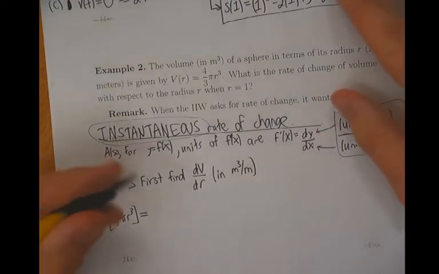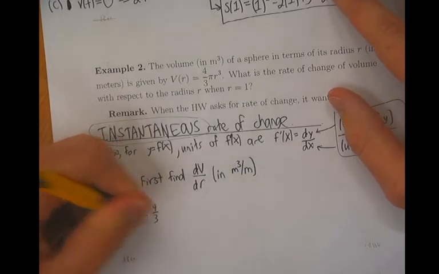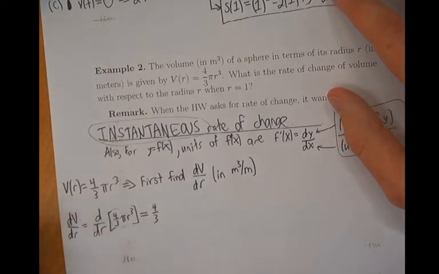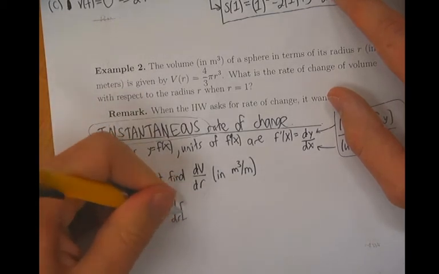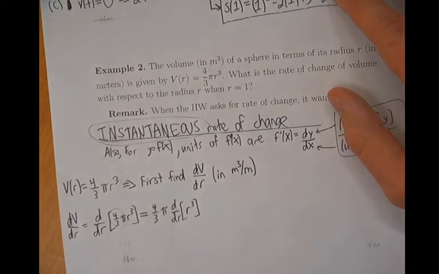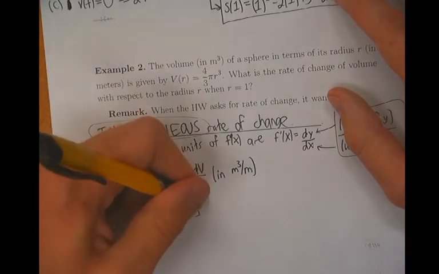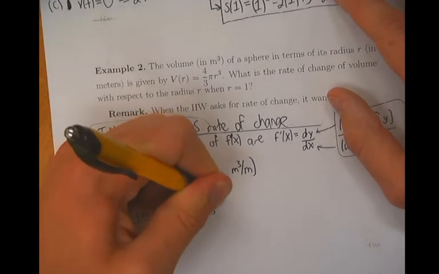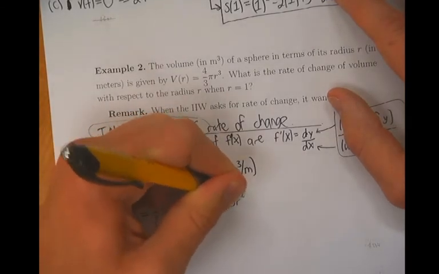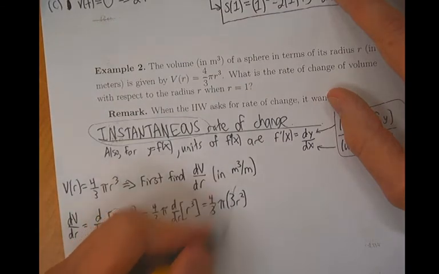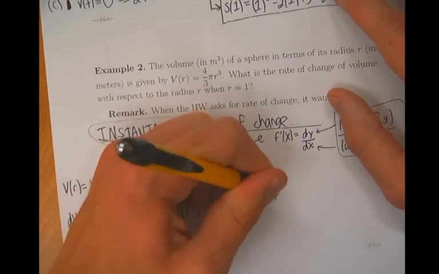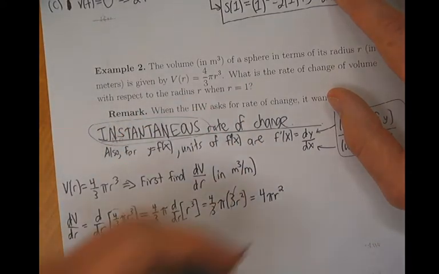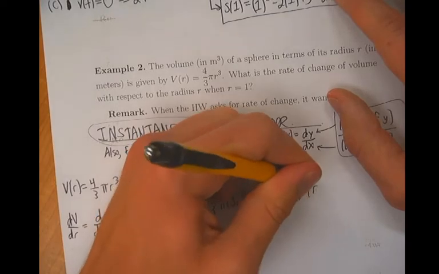Yep, just 4 pi r squared, right? Because if you take the constant out, in this case 4/3 pi, then you should end up with 4/3 pi times the derivative of r cubed with respect to r. And if you apply the power rule on this, you should just end up with 4/3 times pi times 3r squared. So the 3's will cancel each other out, and you are simply left with 4 pi r squared. Okay? So this will correspond to your derivative of